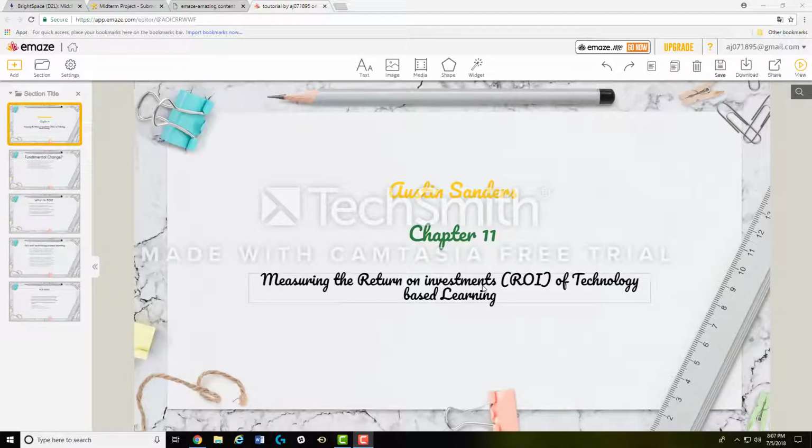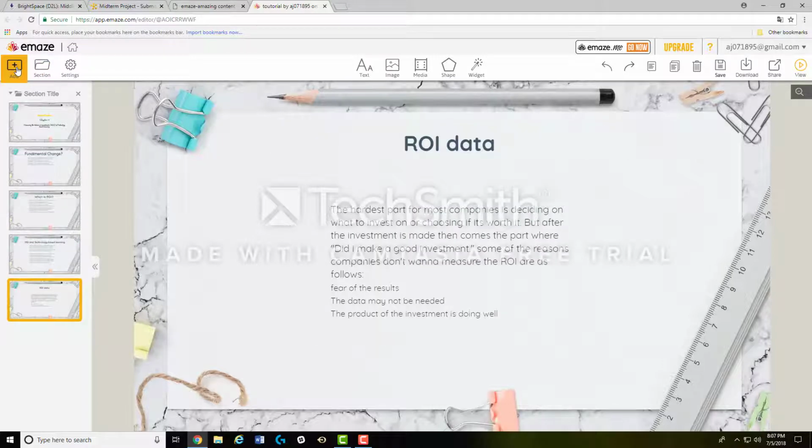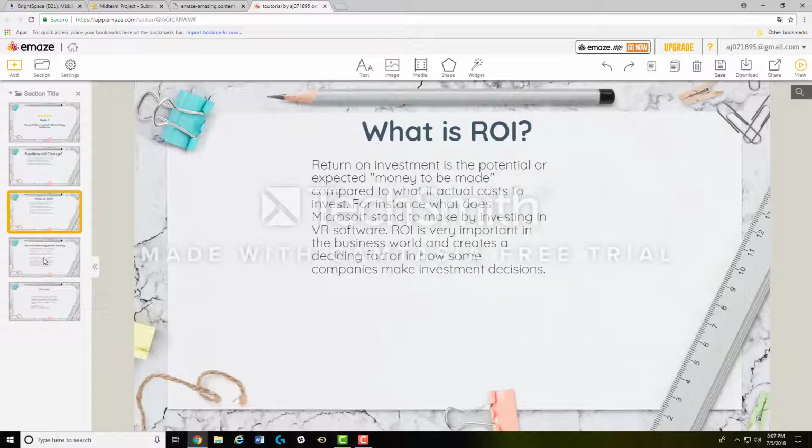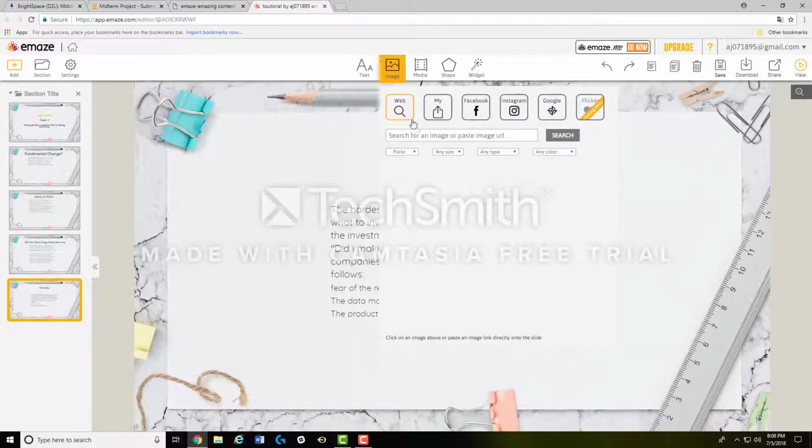So today we're going to go over how to use Emaze. I'm going to make this as brief as possible. We have different functions here. First and foremost, the ones we want to worry about are adding video, adding media, and a few other functions we have. So first and foremost, to add any images that you have, different media files, you can